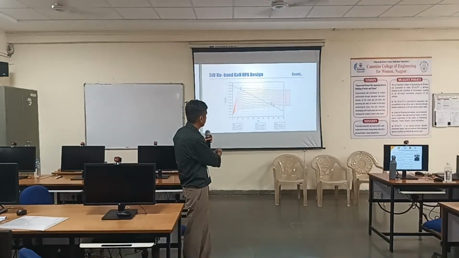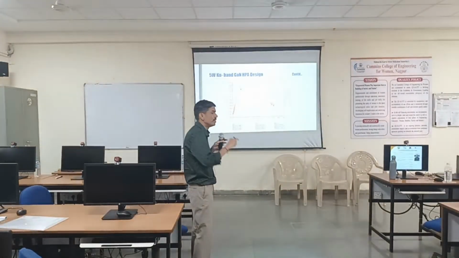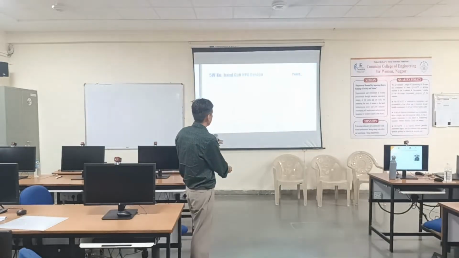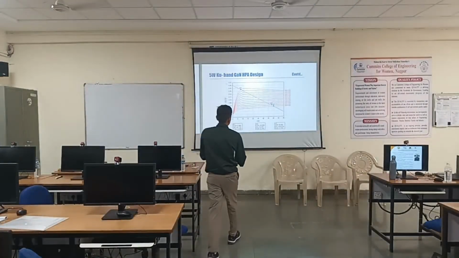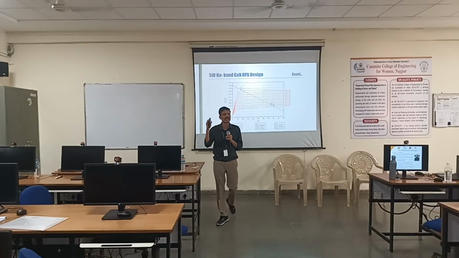So first thing I will plot the DC input. So we know the load line. It is a graph between VC and IC for given VBE. Similarly, if it is a FET, then it is a graph between VDS and IDS for given VGS. So this is my A. If I bias the transistor here, this will operate in class A. This is cut off. So if I bias the transistor at this point, it will become class B. If I bias in between A and B, that will become class AB. So purposely I put the bias point close to class B, so this mode is called deep class AB.